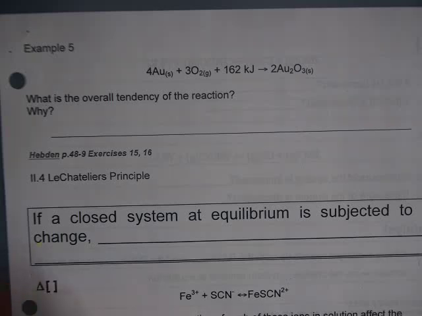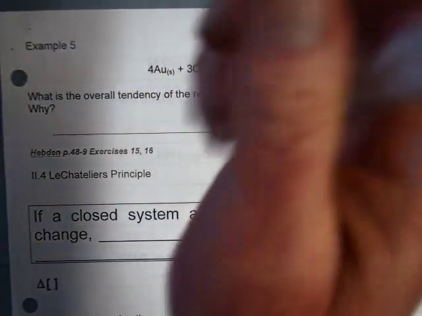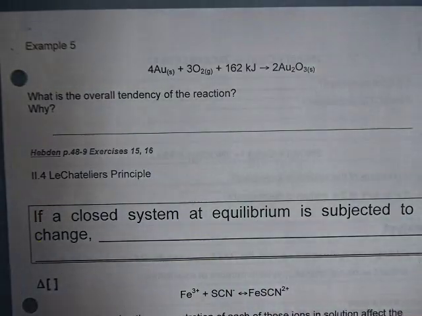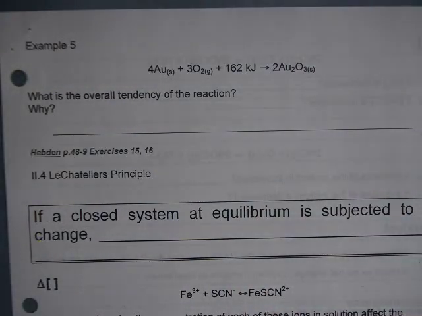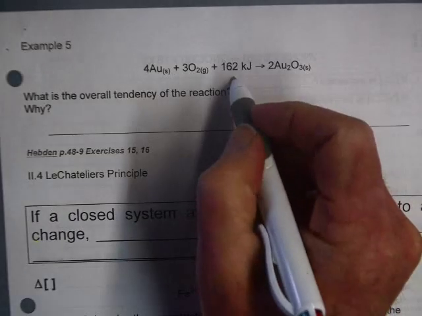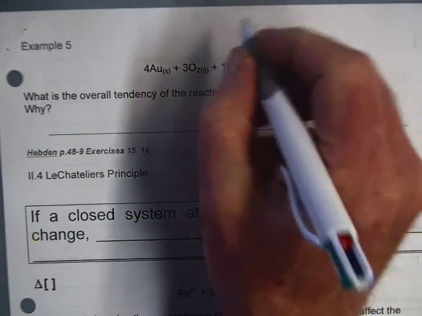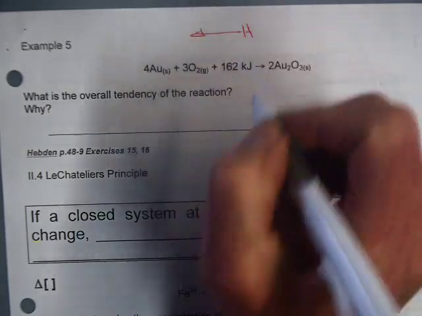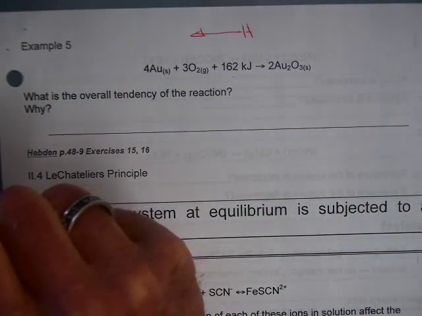Okay, what's the story on example 5? Yeah, it's going to favor the reactants, okay, for two reasons. Enthalpy-wise, what kind of reaction is this? This is endothermic because I'm adding energy here. So that means that enthalpy is pushing it that way. Entropy,